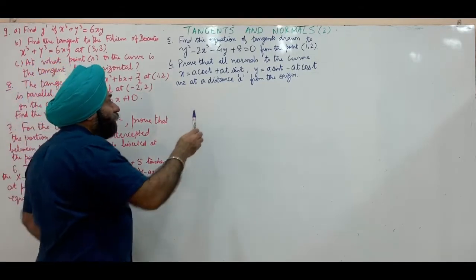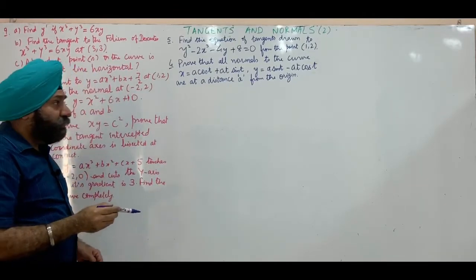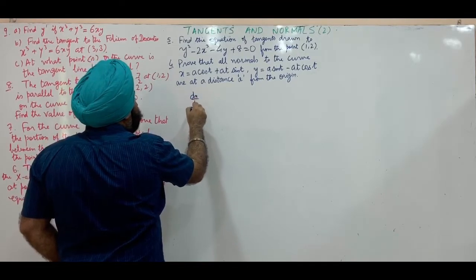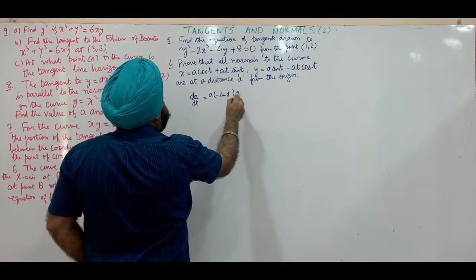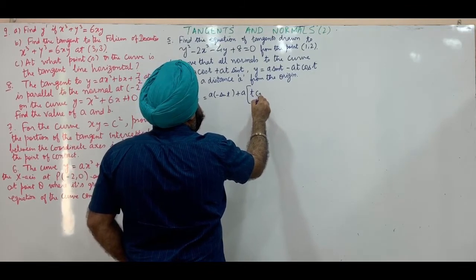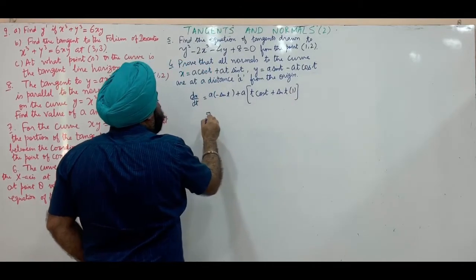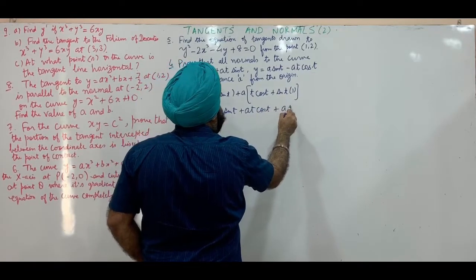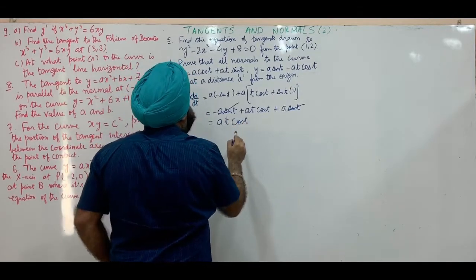So we need equation of normal, and equation of normal requires slope of normal. So first of all, it's slope of tangent. Before that, it's dx by dt. This is a into minus sin t plus a into first function t, derivative of sine is cos t, plus sin t into derivative of t is 1. This is minus a sin t plus a t cos t and plus a sin t. This is a t into cos t.